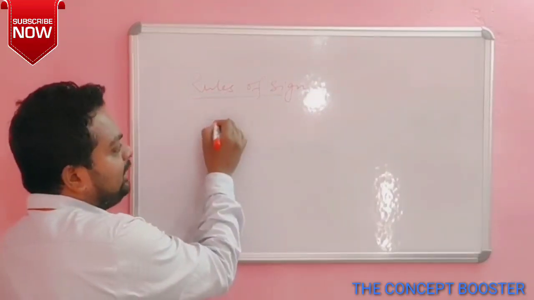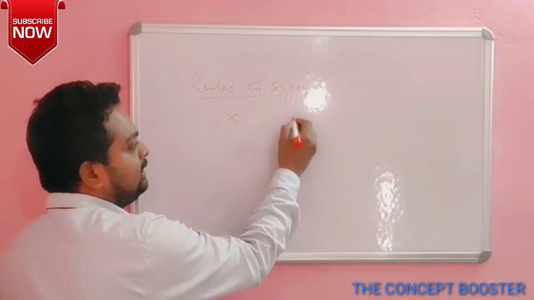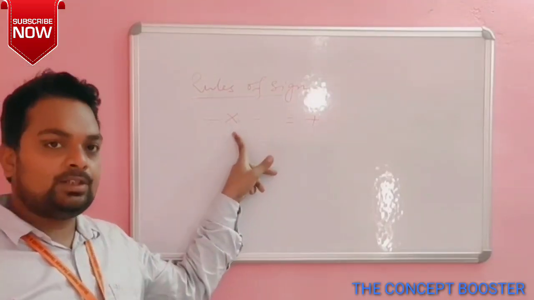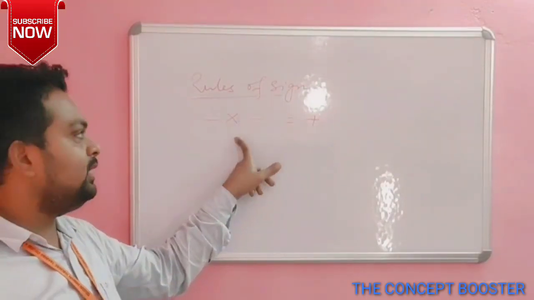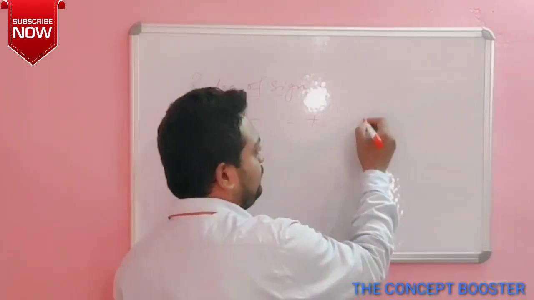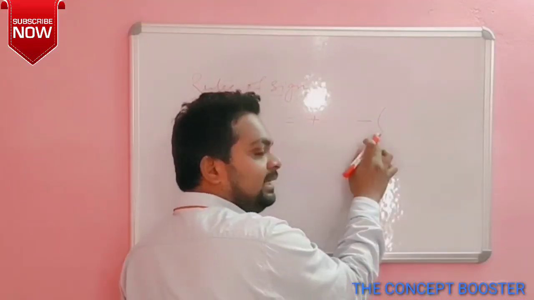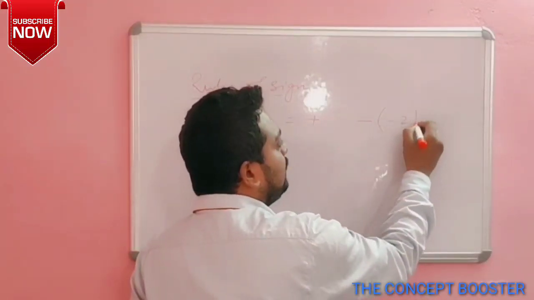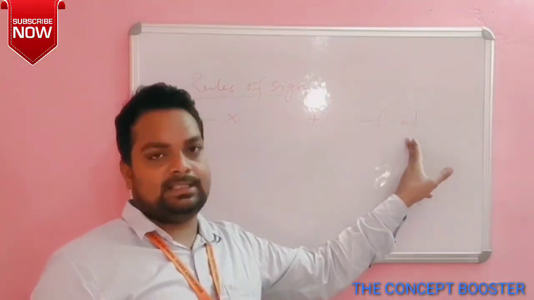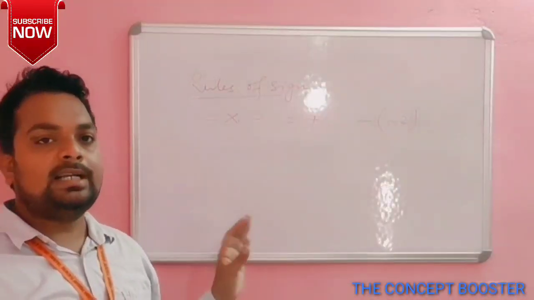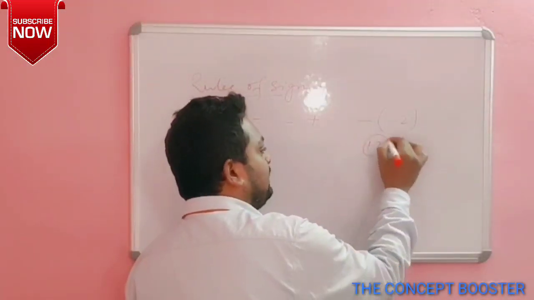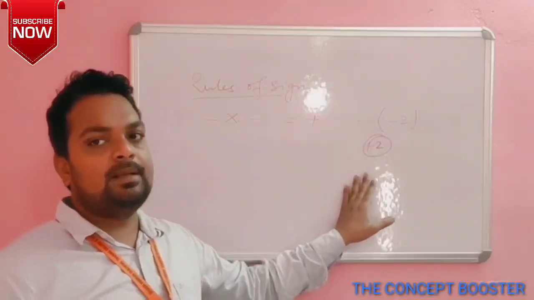So it is actually minus into minus is equal to plus. Okay, and into is actually multiplication, and instead of multiplication we can take a bracket also. Means if it is written like minus, then bracket, suppose it is minus 2, then we can make it minus into minus, because a bracket is also a type of multiplication. So minus into minus will be written as plus. Okay, so it is plus 2.